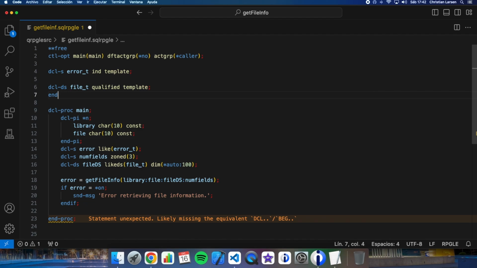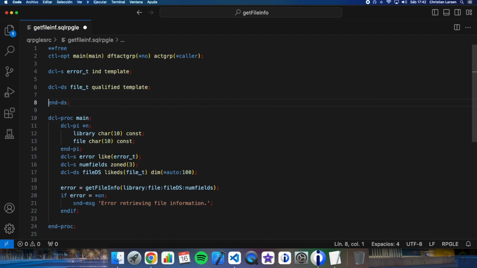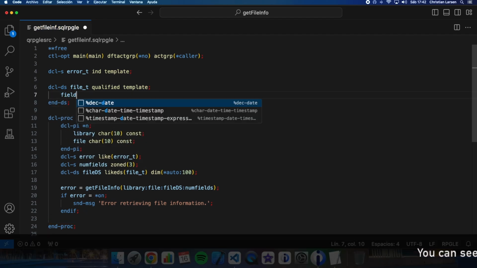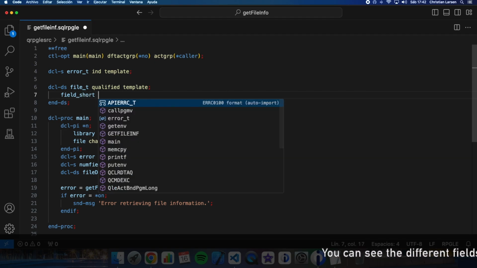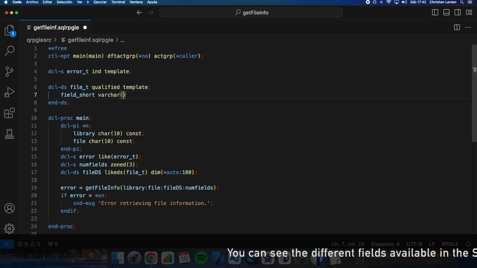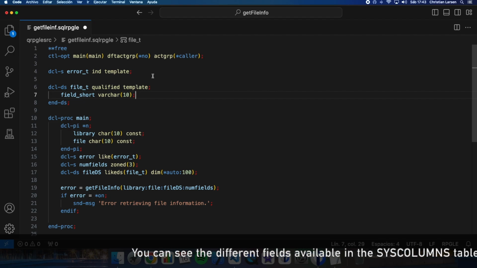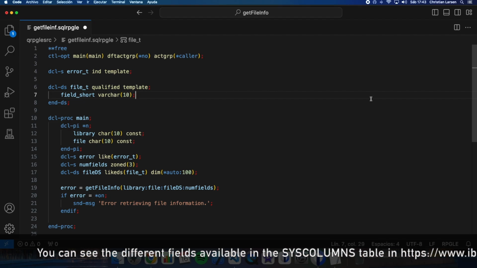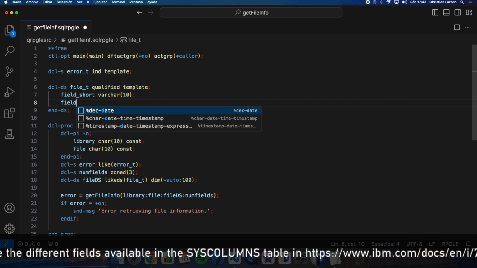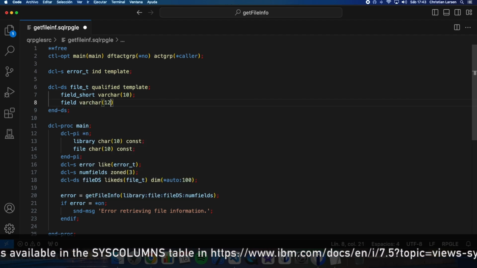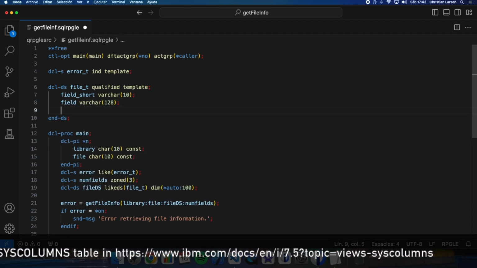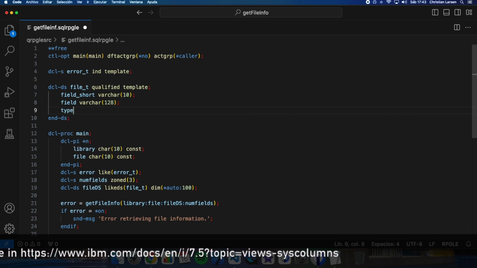Okay, and we are going to retrieve a short name for the field that's going to have 10 positions. The field name, let me write this type